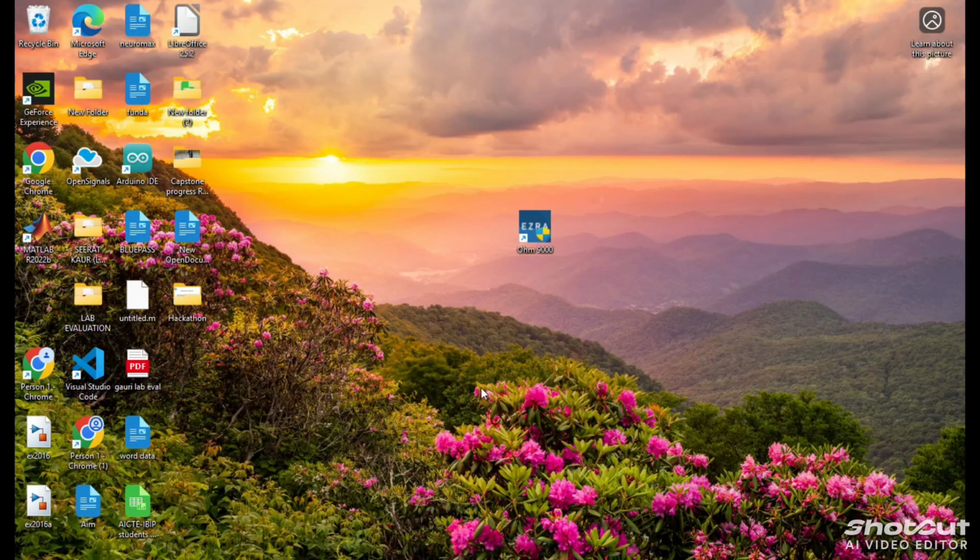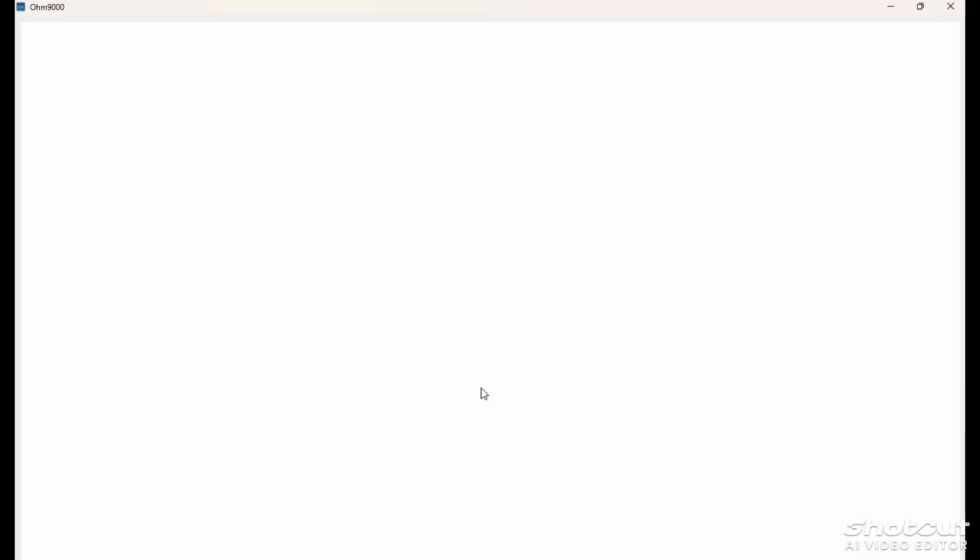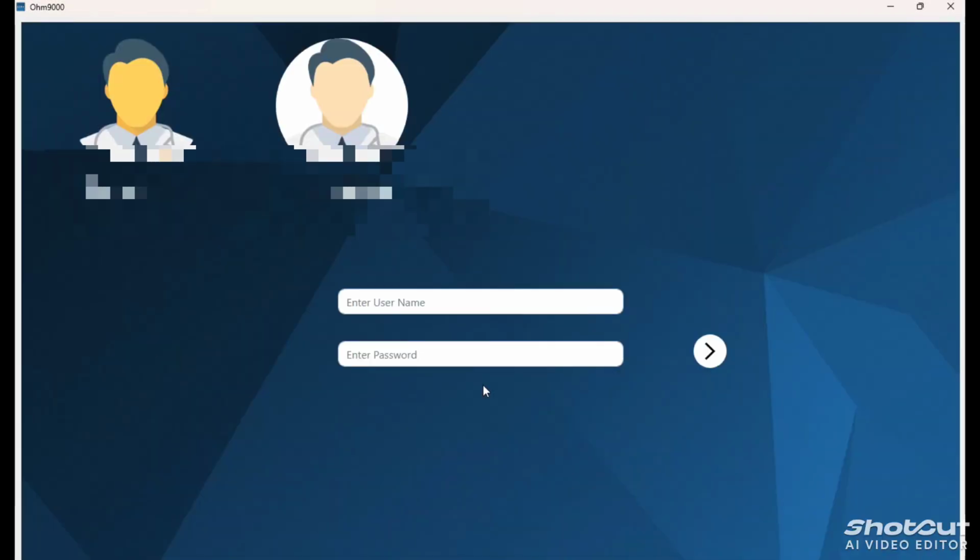Why are we calling it plantar pressure mat 9000? Because this plantar pressure mat has 9000 FlexiForce sensors. Now I'm clicking on the software ISRA Pro, which was installed in my PC, and the home screen has opened. Enter your username and password to start this experiment, which were given by the manufacturer when we purchased the plantar pressure mat.